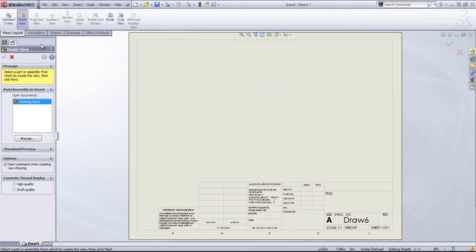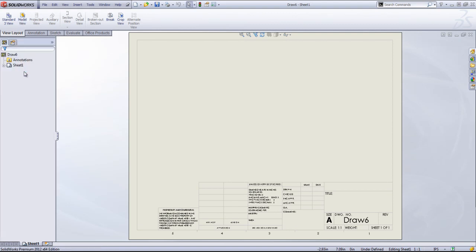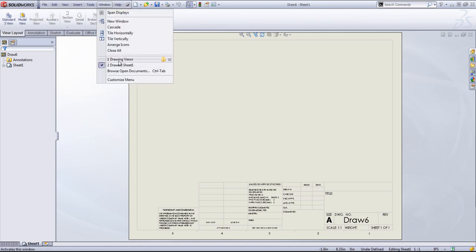And if you have any documents open, it's going to automatically bring you into this model view interface. You also have the option of turning this off, start command when creating new drawing. And if you turn that off, then you'll just be brought into a new drawing without the model view interface. If I go back into the